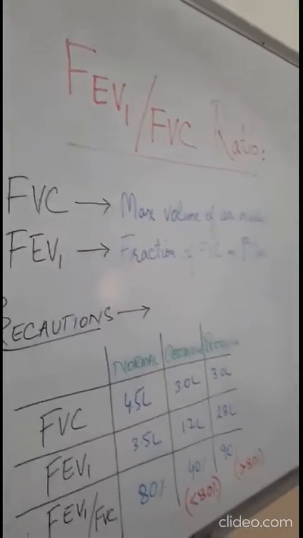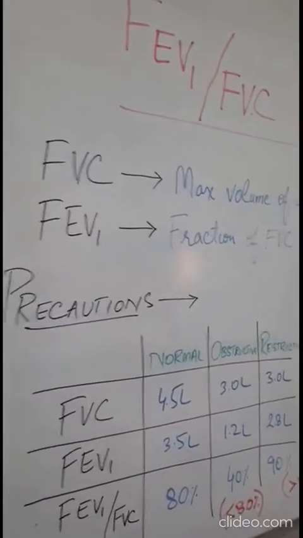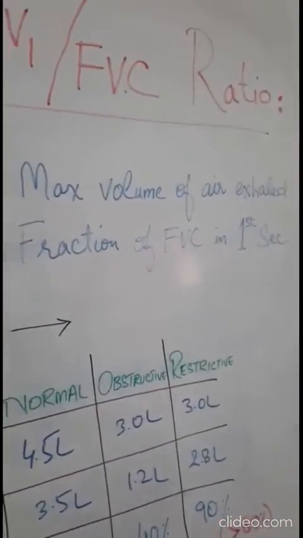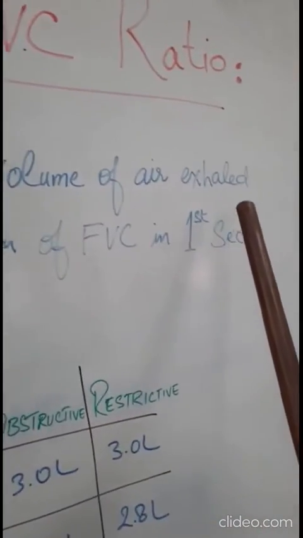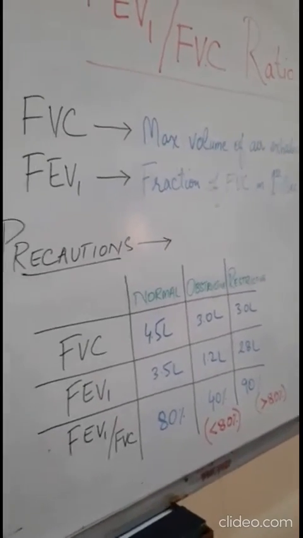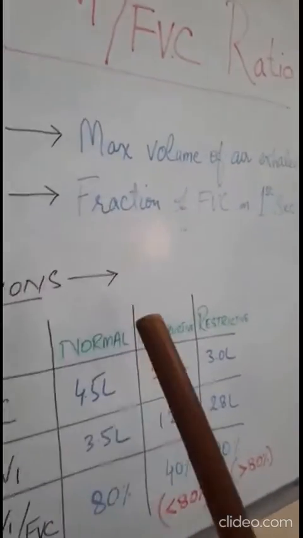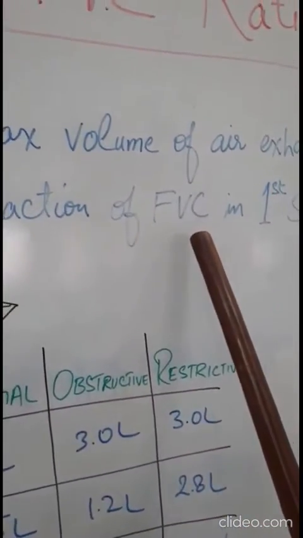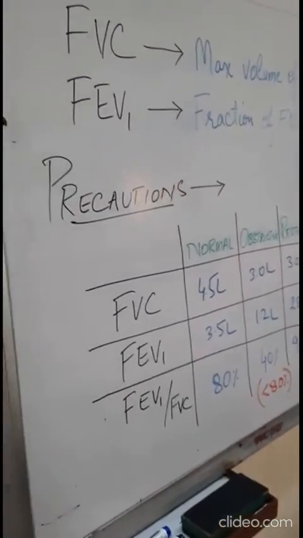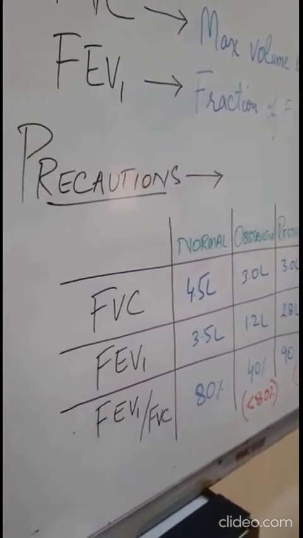The practical that we are going to perform today is the FEV1 over FVC ratio. So what is FVC? Forced vital capacity. It is the maximum volume of air exhaled when the subject forcefully exhales the air after deep inspiration. FEV1 is the volume or fraction of FVC in the first second. If the subject exhales the air forcefully, the volume of air that is exhaled in the first second is called